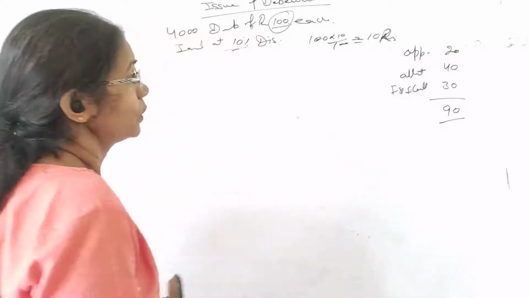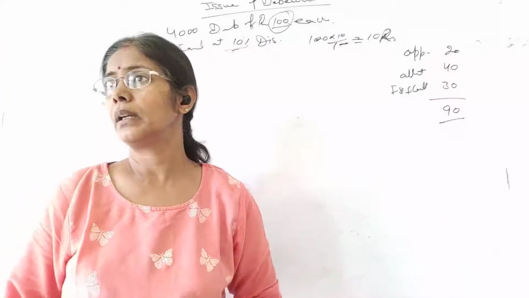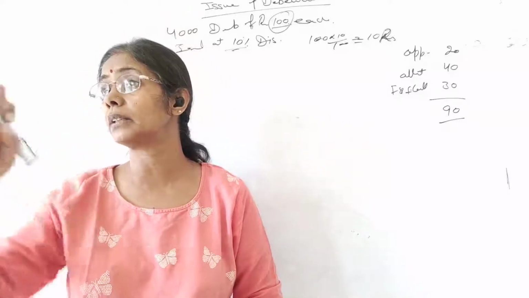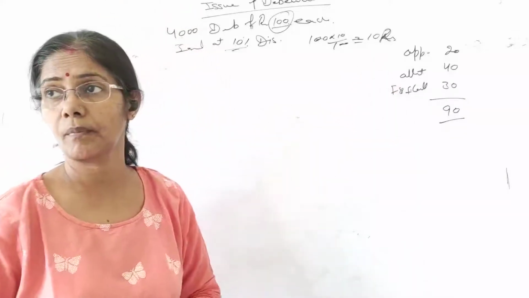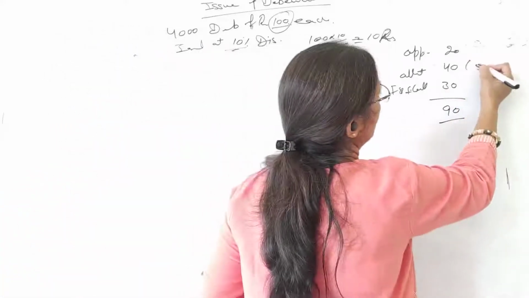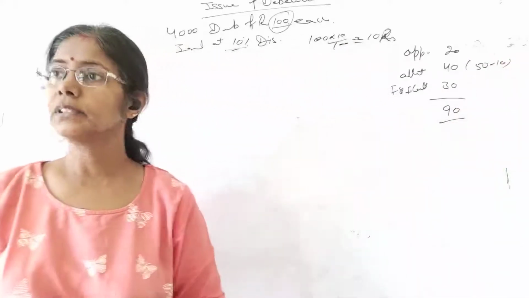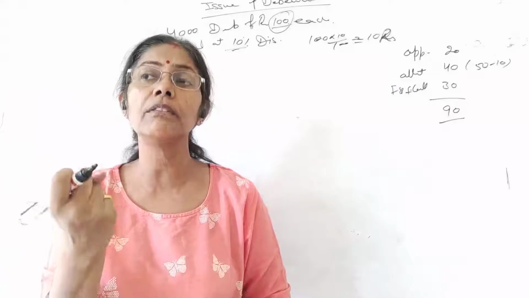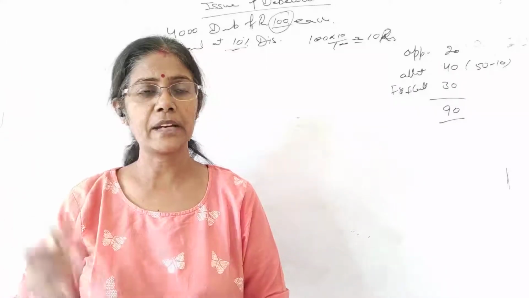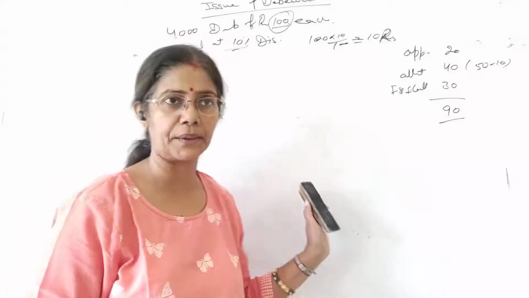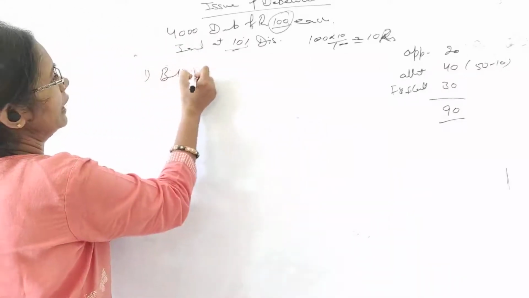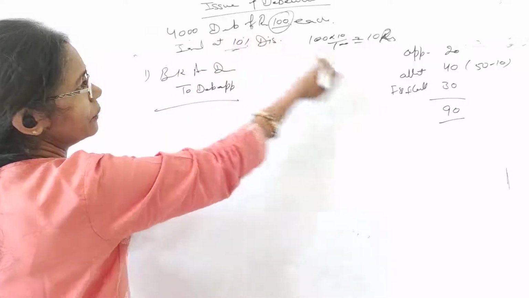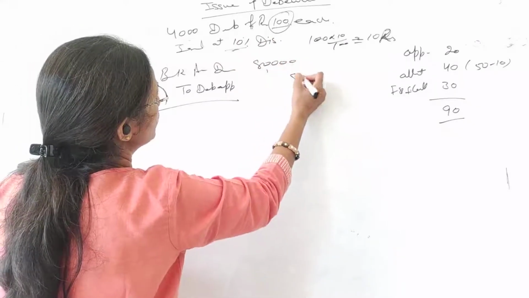Okay? So now I have told you this is an allotment. Well, students, how much is the allotment now? Regarding the premium, we have done 30 plus 20. So this is what? 50. Right? What is due on allotment? 50. But what will I receive? 40. 10 rupees discount. So let's see how to do the entries. Okay? So the first entry is, as usual, bank account debit to debenture application, 4,000 by 20 is your 80,000.